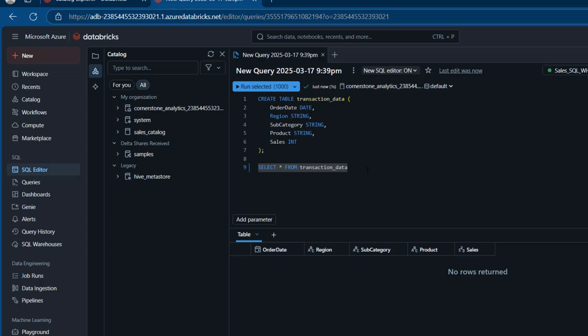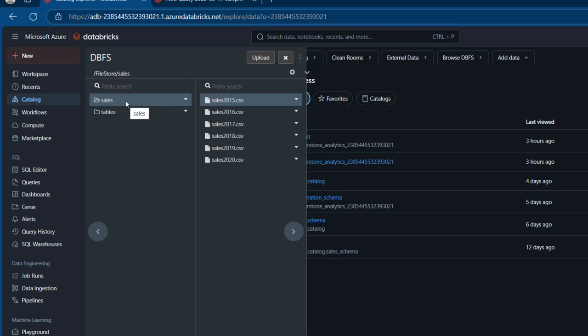Now I'm going to go ahead and use the copy into command to copy the data into our table, which is in the SQL Warehouse. So for that, I'm going to just put in semicolon and use the copy into. And then we're going to copy into this transaction underscore data table we just created. And then we're going to use the from, and this is going to be coming from inside the single quote. I'm going to copy the path of the sales in the file store. So I can come to this tab, and then I can right click on this very sales, copy the path,